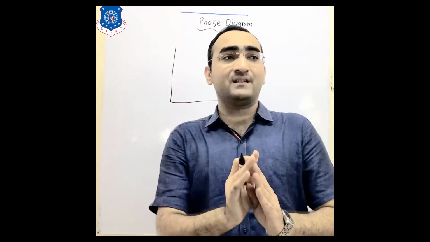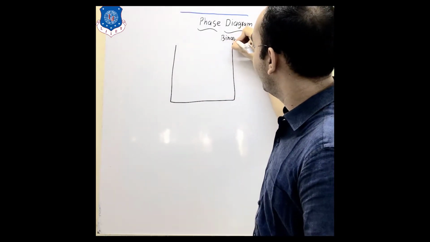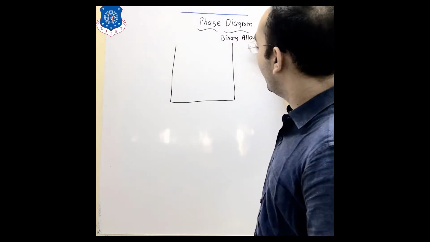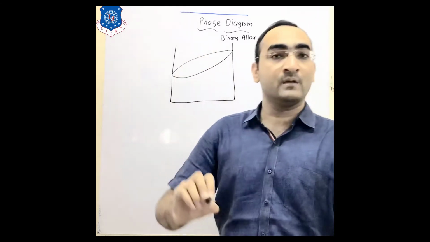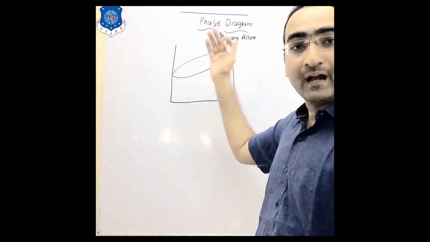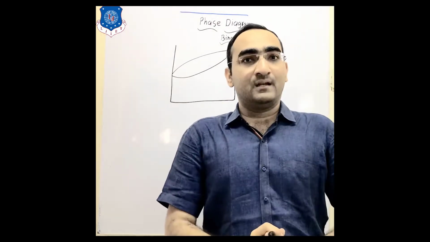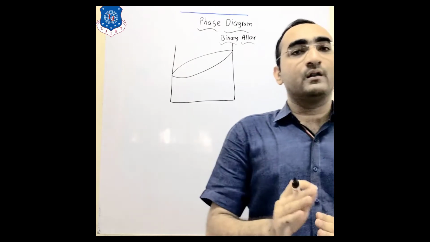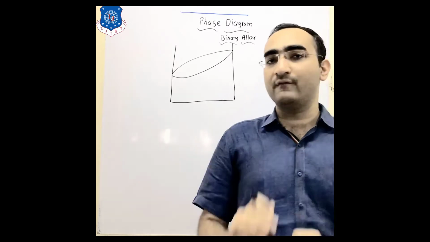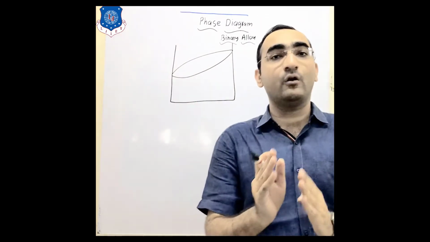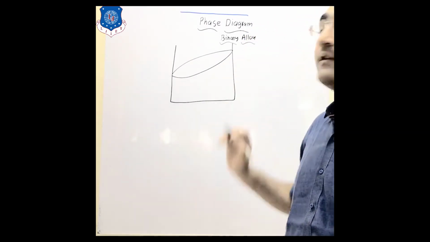A normal phase diagram, if we go for the binary alloy, the simple diagram which is drawn is this. This is your simple phase diagram for a binary alloy. In our syllabus, we are only concentrating on the binary alloys. We are not going for the tertiary or the quaternary. So, we will be focusing on the binary, that means the metal or alloy which is made up of two metals.